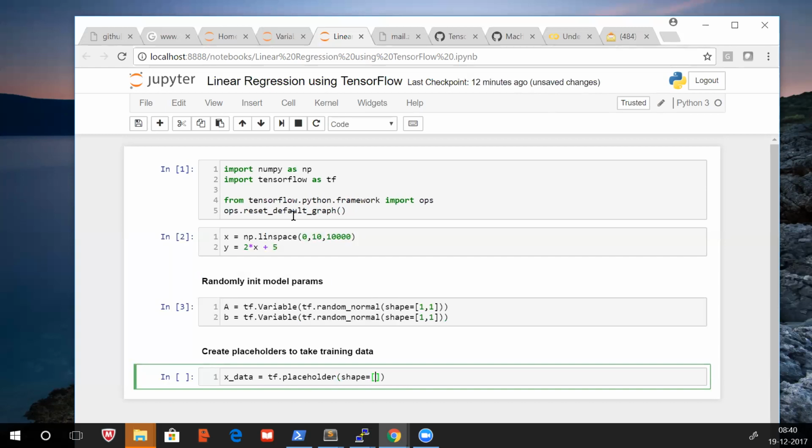Linspace is not random numbers. It is equally spaced numbers between 0 to 10. Those are 10,000 numbers: between 0 to 10, it will generate 10,000 numbers. Or it can be 0, 5.1,